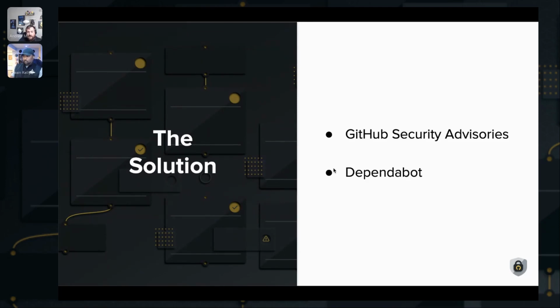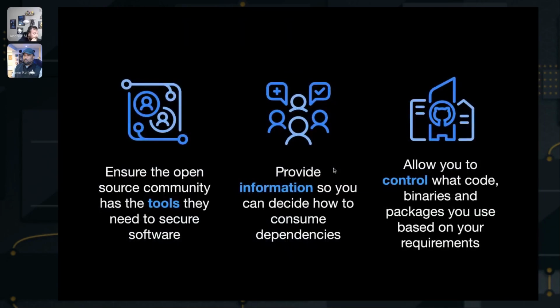And that's really where we want these discussions to happen, where natural open source contributions happen within the pull requests. But these security discussions need to happen in a private manner between the security researcher and the maintainers, so that they might take a week or 2 to 3 weeks to create and collaborate on a fix. Because it's important to disclose the CVE, but also have a fix or a path forward or remediation, things that the community can use, rather than just exploitable code that leaves you scrambling. And so that's really the methodology that we're taking here, is making sure the open source community has the tools they need to secure software.